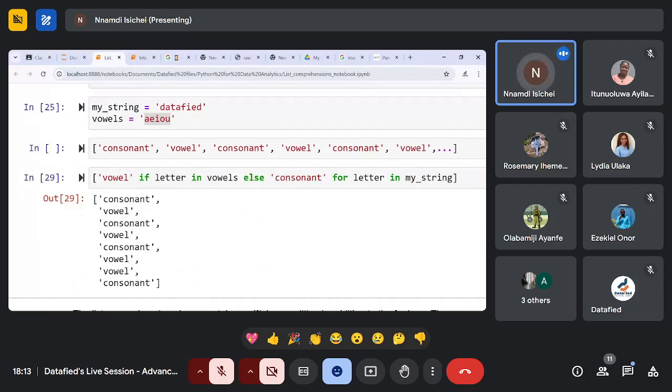So I said vowel for letter in vowels. I used my string here instead of using vowel. So I say go into this string called vowels and check if letter is there. If letter is there, return the word vowel. But if letter is not there, return the word consonant